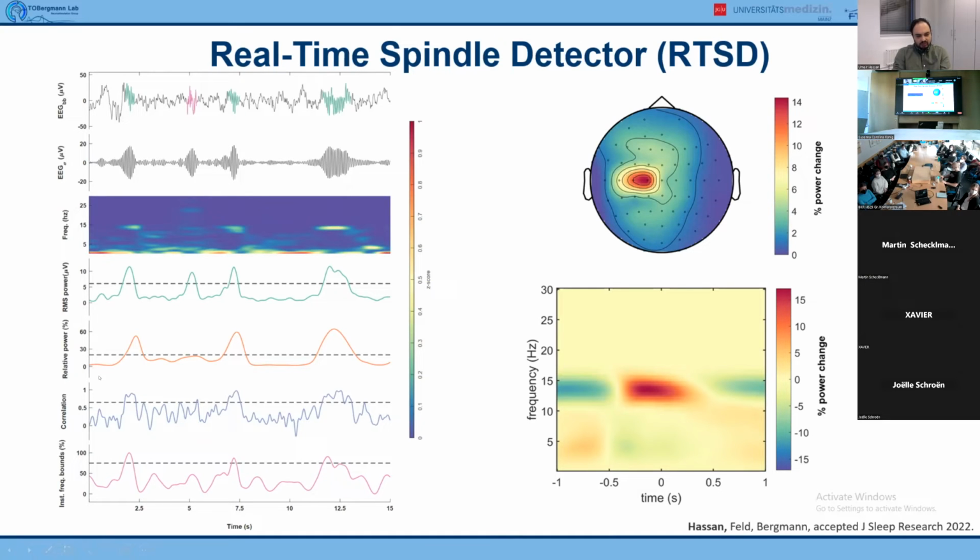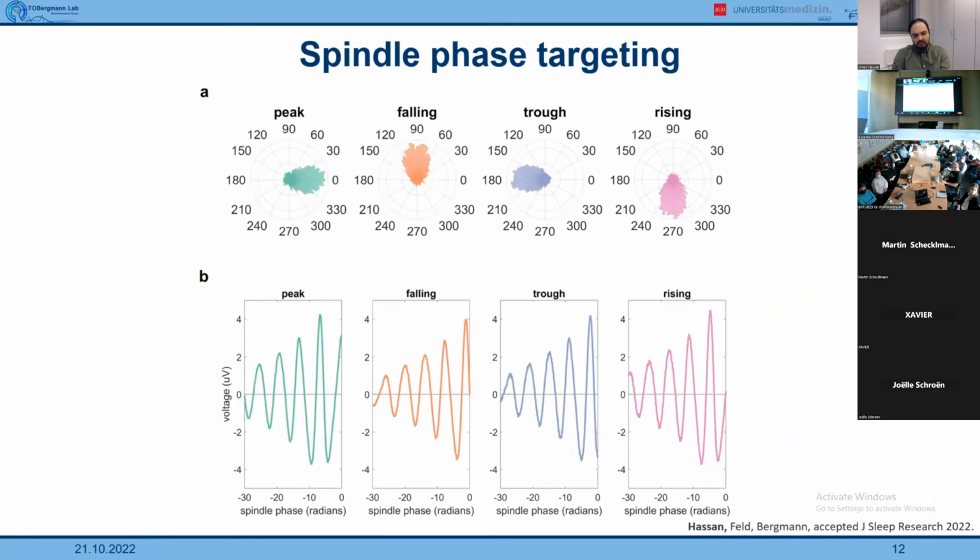So then we included more heuristics: correlation, frequency bounds, relative power. And then we showed that we could really target very local spindles, and they had very typical time-frequency boundaries. So given that this was done, we moved on to also show that the phase targeting can be